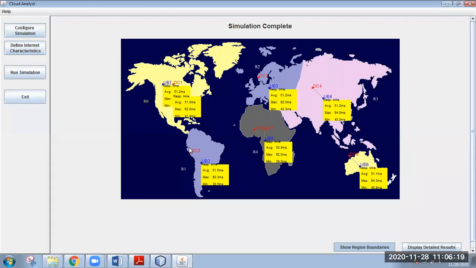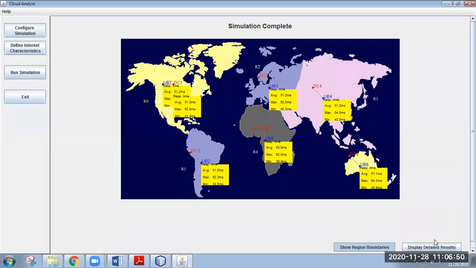UB2 is assigned to DC2, UB3 is assigned to DC3, and UB5 is assigned to both data centers. They have divided the work between data center 5 and data center 7. UB4 is assigned to DC4, UB6 is assigned to DC6 because you have selected the closest data center policy. If you select the optimized response time policy, the simulation result may vary.